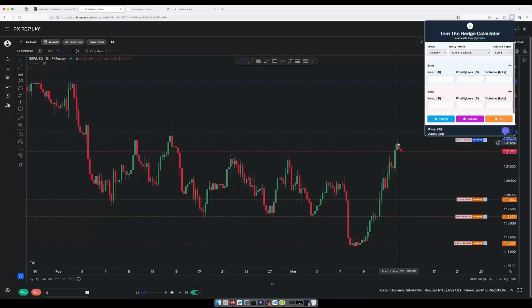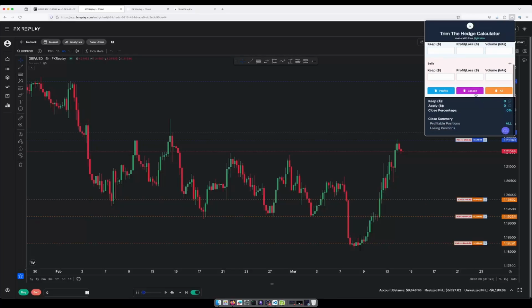Let me repeat that. This button essentially allows you to load up all the trades that you have on fxreplay that are currently live onto this calculator, and it will automatically calculate any amount you need to close depending on